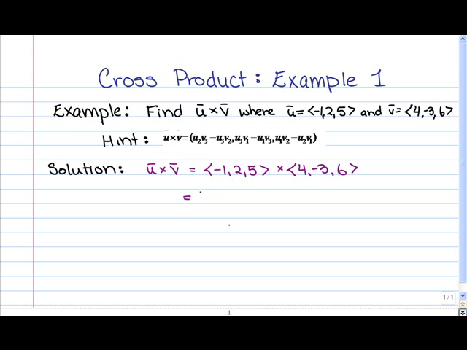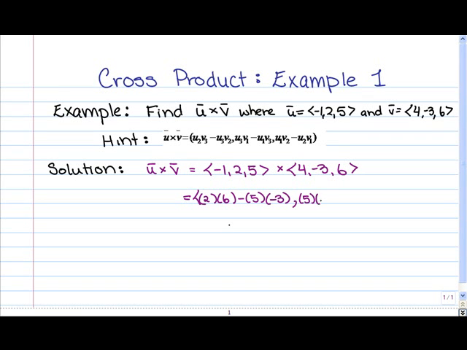Now, according to our formula, what we're going to have is the second component of u, so 2, times the third component of v, 6, minus the third component of u, which is 5, times the second component of v, which is -3. For the second component of our cross product vector, we have the third component of u times